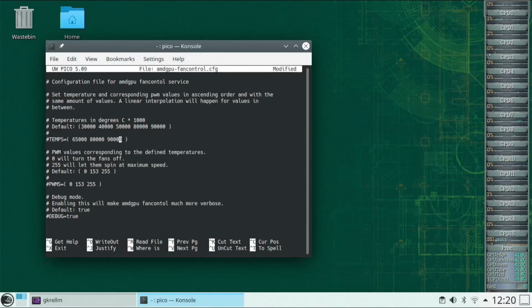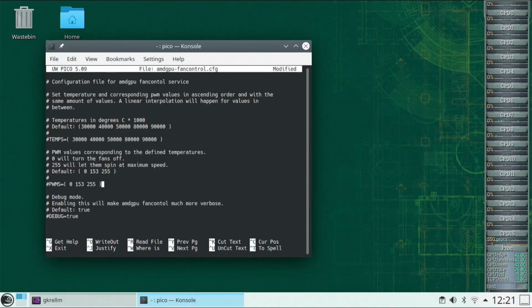Enter the same thing. Exactly the same. And then we'll scroll down to here,